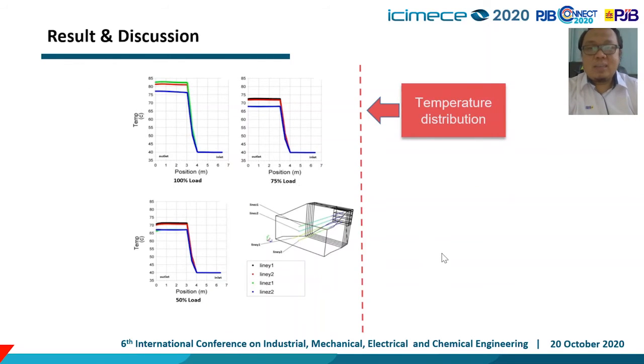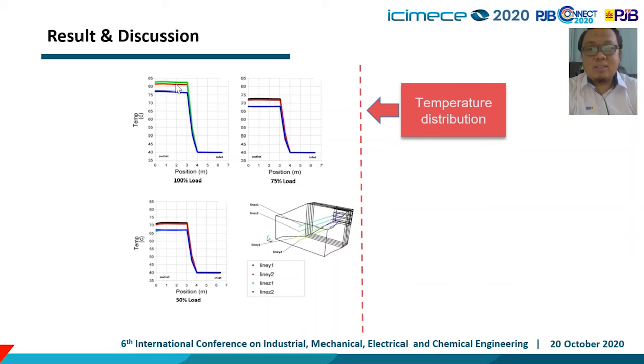And this is the temperature distribution. We can see that when the air goes to the inlet, the temperature is still low, and starts to increase when the air reaches the heat exchanger. And the gradient of the increase is bigger in the last two modules, because they have a larger number of tubes there.